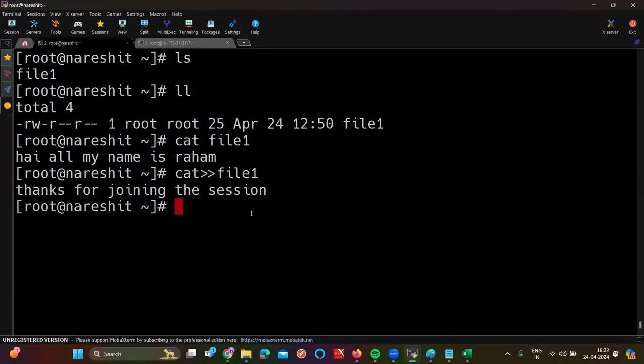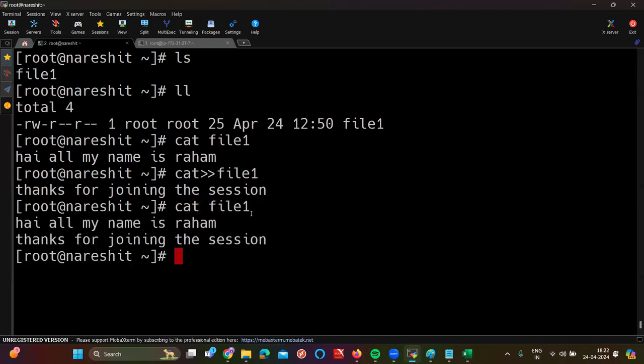Now I want to check whether the content I have added is saved or not. Again, how can I check? Give the command cat file one. If I use this one, automatically I can see the two lines. Sir, after some time again I want to add the third line. Now you tell me the process. Cat greater than file one.